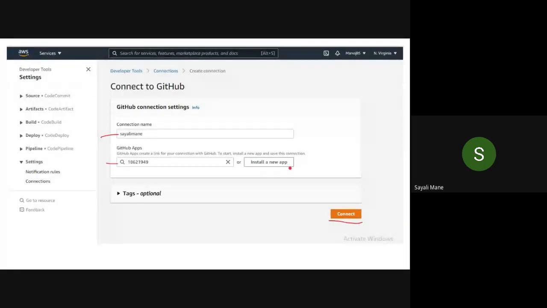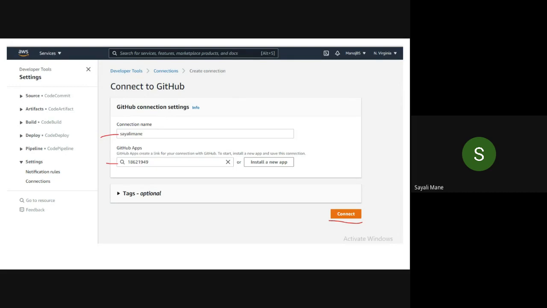Wait a minute, let me share the screen. See here, install a new app. Then click on create; all repositories are there. By default, the option will come. Then click on continue, the next one. Then give your GitHub password. And that's it. Then they will again take you to the same page with the respective number, that is the GitHub app number, this one. So take a screenshot of it, highlighting the GitHub app and connection name, and click on the connect one.